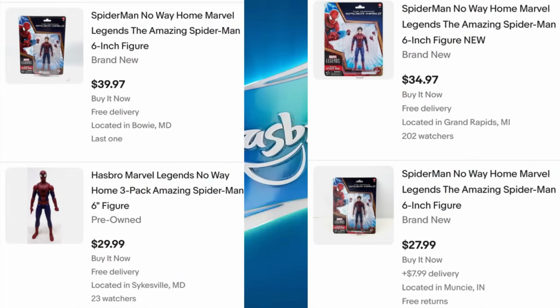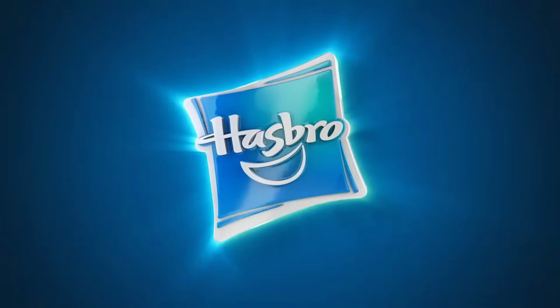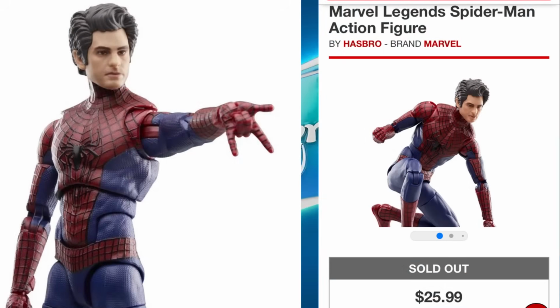Next up, I thought that we would talk about the newest Andrew Garfield Amazing Spider-Man Marvel Legends action figure, even though I guess this is based on the No Way Home figure. Well, they've had different monikers here and there, but it's essentially the same figure with the unmasked head sculpt, if you guys want to pick that particular version up. Now, they have been going back and giving us some of those classic figures. We have a black suited Tobey Maguire, we have the Tobey Maguire from the No Way Home film, and so on and so forth. We've received a number of different villains, but this one to me kind of has always